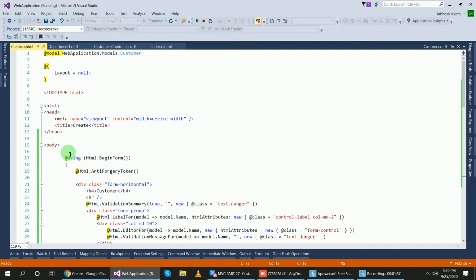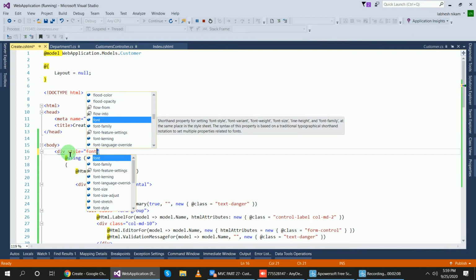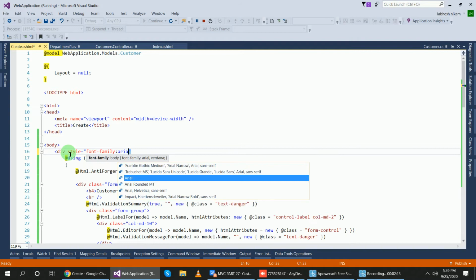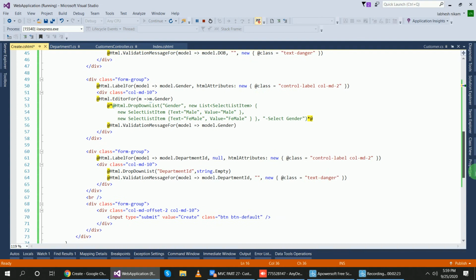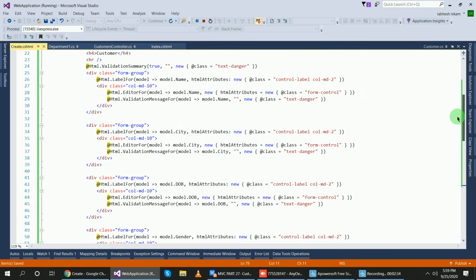For that, I will use a div tag with the style attribute font-family equal to Arial, and close the tag before the end of the body, so that my font will be changed.